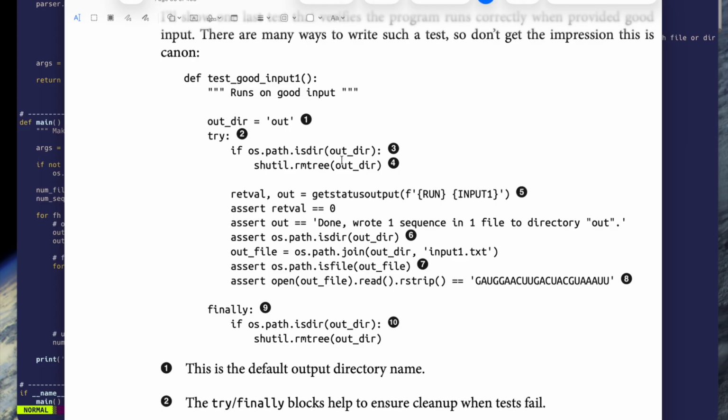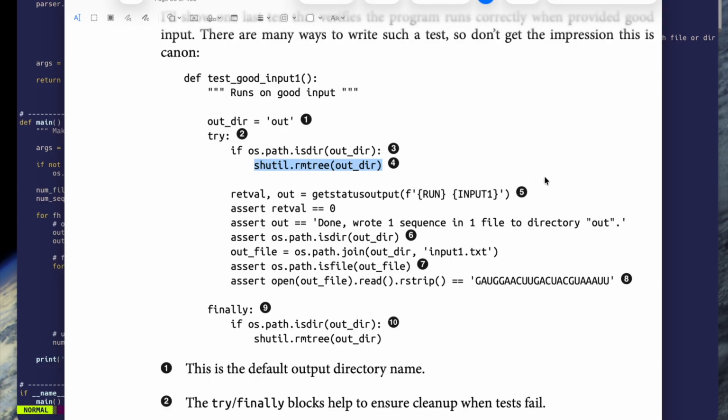Here's a really handy function I'm using. I'm bringing in the shutil module, which is what I need to remove a directory structure, which is something that you will need to do sometimes. So I'm saying if the output directory exists, I want to remove that output directory so that I can then run my program. And this is defaulting to the out dir, right? So if it's using that default out directory of out, I want to get rid of it,